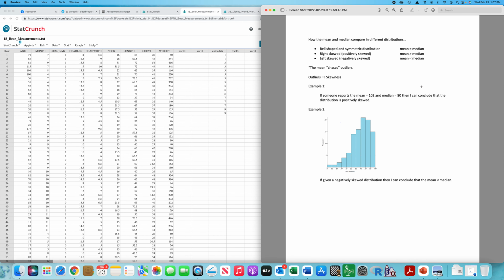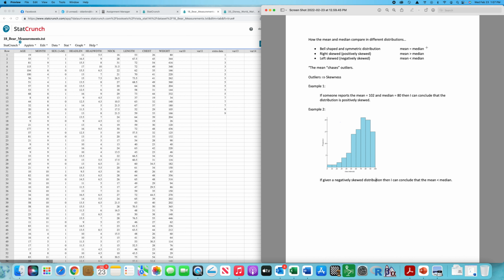Okay, STAT1150, the purpose of this video is to get into box plots a little more, but I want to pump the brakes just a little bit and give you some information about the relationship between means and medians, dependent on the shape of the distribution. So you can see on the right-hand side, I've just typed out the relationship, what we can expect to see